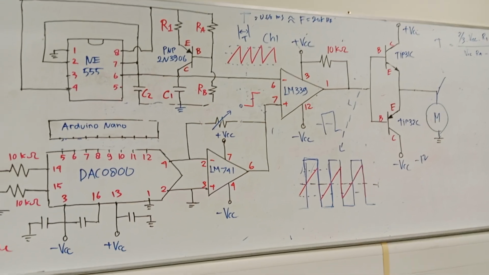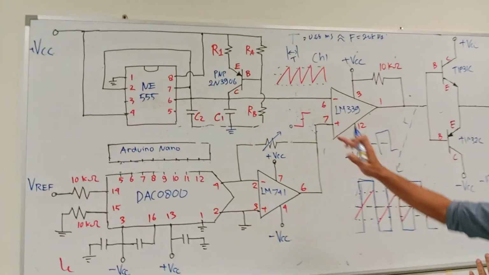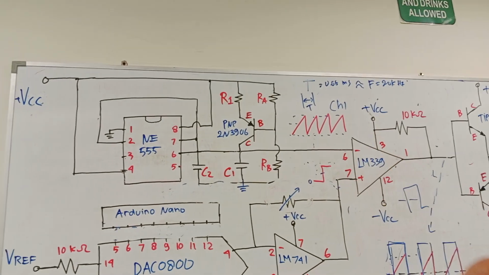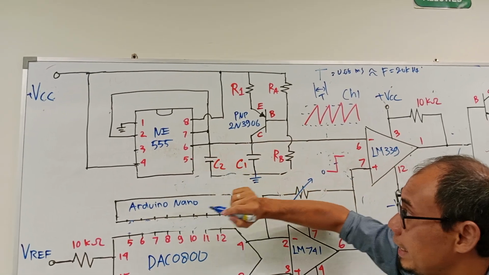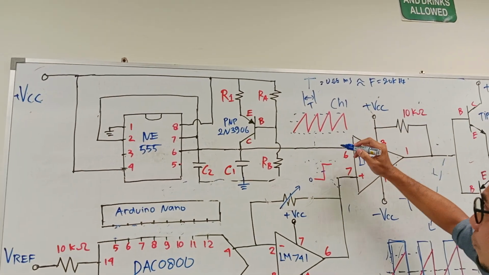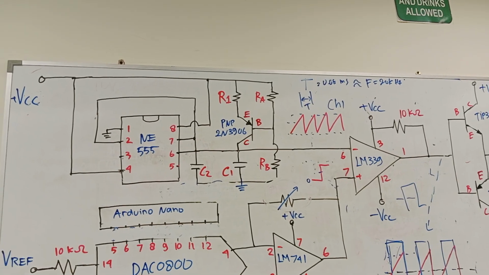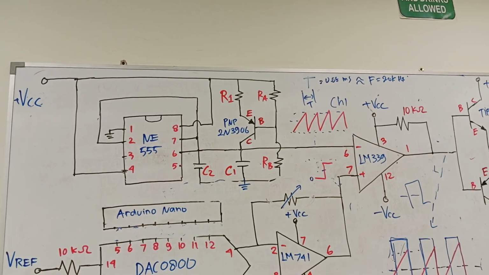So for troubleshooting, you need to work one by one. We'll start with part number one. For part number one, the expected result is a sawtooth. You can measure it by connecting pin number 6 of the NE555 to the oscilloscope. If your circuit connection in your breadboard is working properly, you will find the sawtooth signal looks like this.